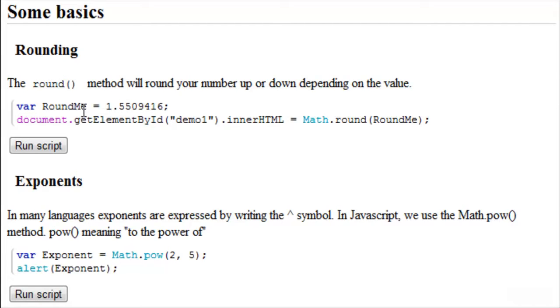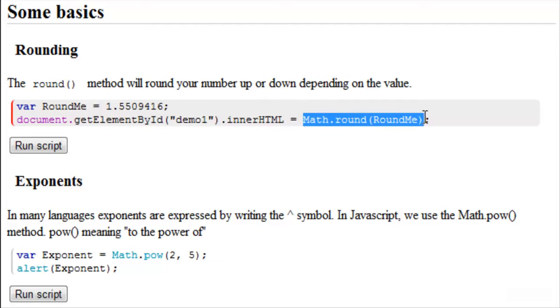So some of the basics, we have rounding. The round method will round your number up or down depending on the value. So if we have variable roundme is equal to 1.5509416, well, instead of having to look at that and going 6 rounds up, 1 rounds down, 4 rounds down, now 9 rounds up, etc., etc., we could just do